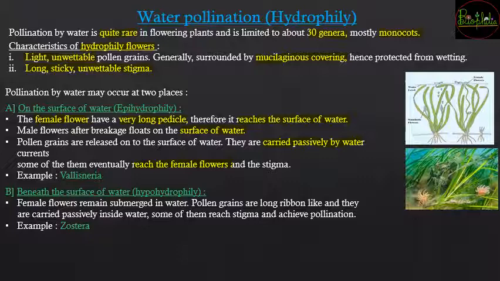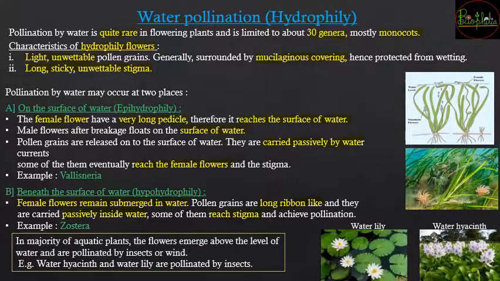Second type होता है that is hypohydrophily. Hypo, that is below, so this is going to occur below the surface of water. So since it is occurring below the surface of water, so the female flowers are going to remain submerged in the water. Female flowers पानी के नीचे होंगे, whereas the pollen grains would be released onto the surface of the water or just below that, and they would have long ribbon-like structure that would help them to move in the water. और जैसे ही वो move करेंगे into the water, somewhere they are going to reach the stigma and then achieve the pollination. So hypohydrophily can be observed in Zostera and Zostera is a seagrass, right? So Zostera में होगा